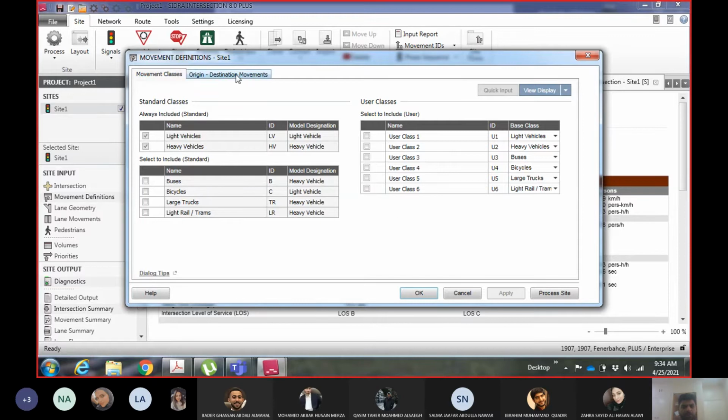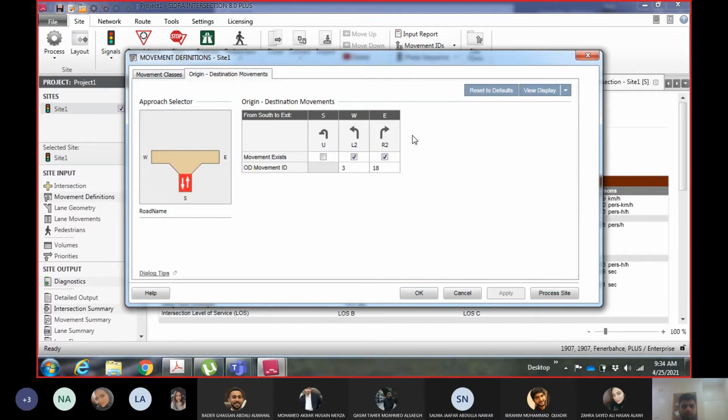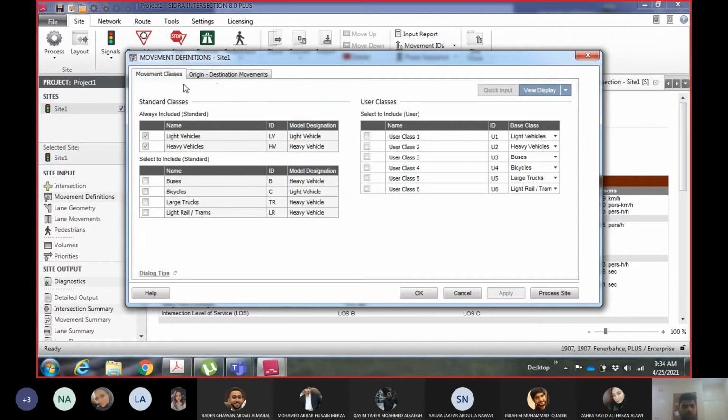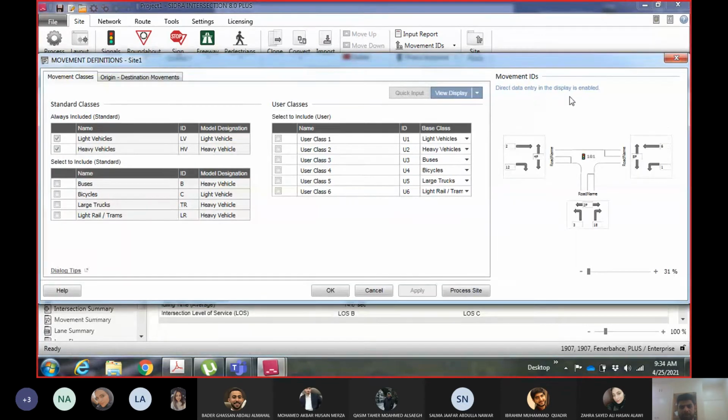There are two tabs here, one for movement classes, the other one for origin destination. Now for example, for a particular movement you don't want to have heavy vehicles. You come here, view display, and then you can see the movements from here.